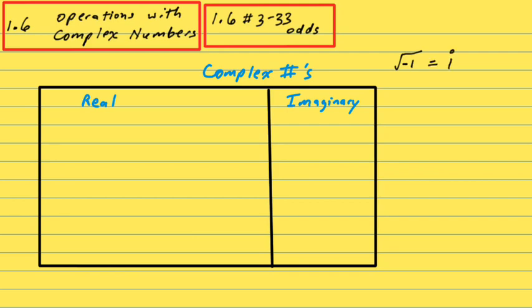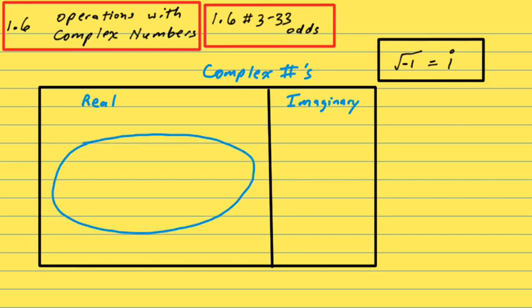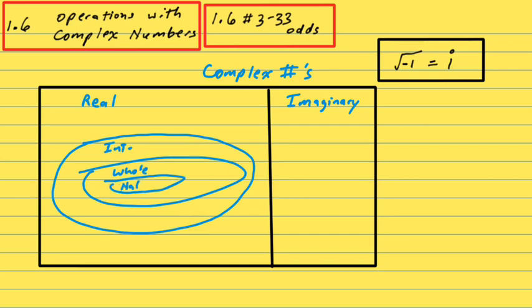That's why you call it an i. So the square root of -1 is i, and those would be pure imaginary numbers. Inside the reals, you have rationals and irrationals. Then you have the integers, the wholes, and the counting or natural numbers. We're not going to get too much into separating them, but I do need you to know that complex numbers